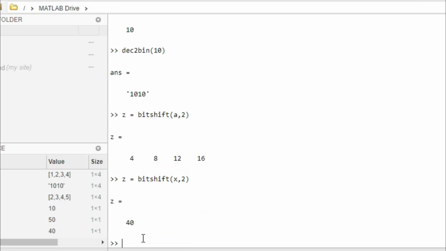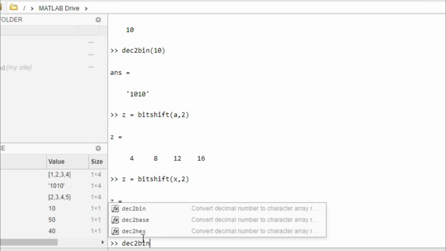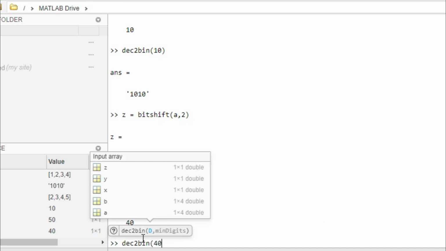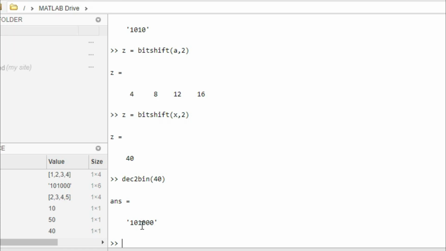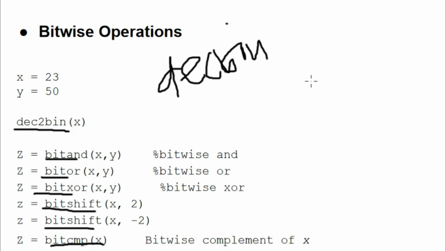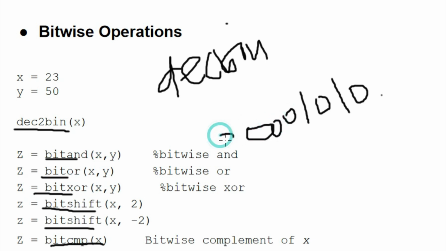It gives 40. Let's check dec2bin of 40. It gives 101000. What we have done for 10, we have 1010, and after that we have some zeros.